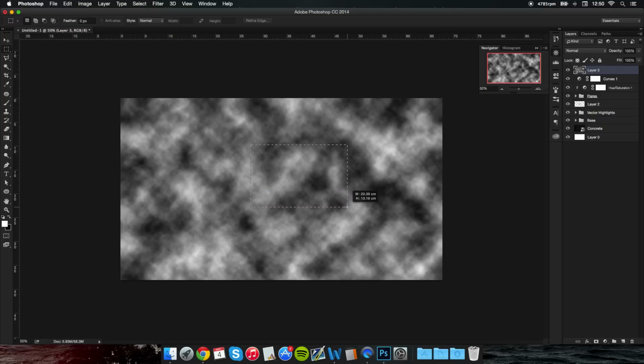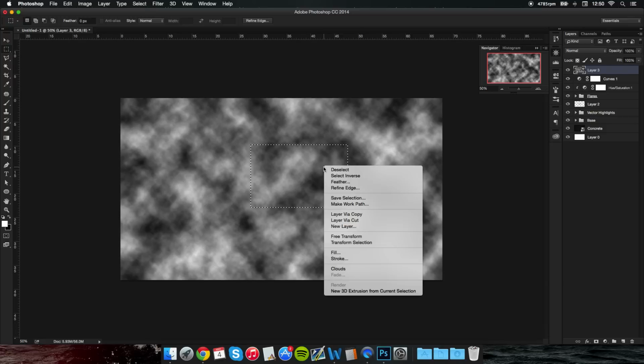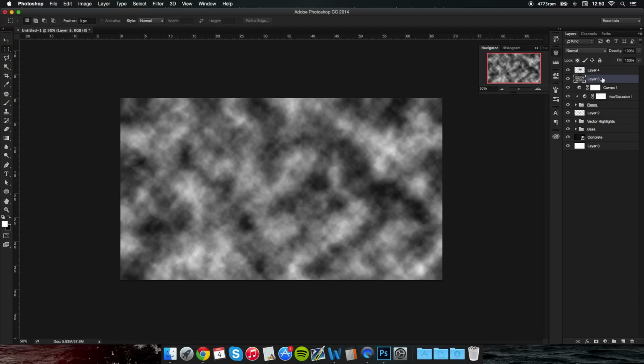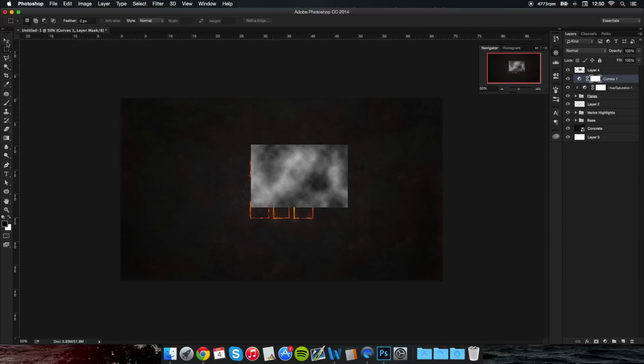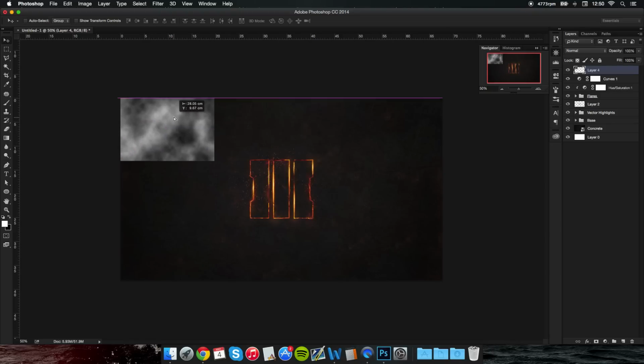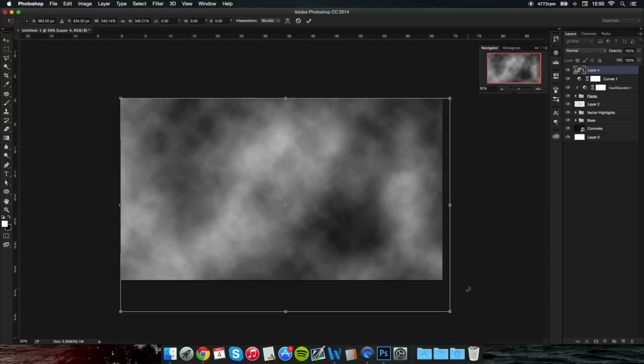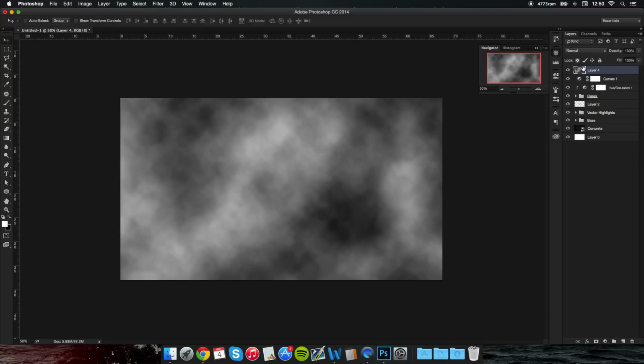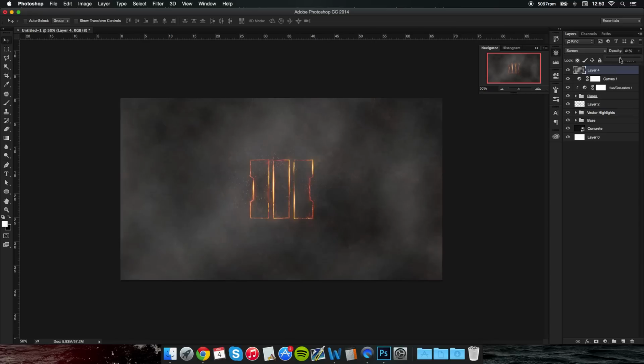So I'm just going to select it, and what I'm going to do is right click inside and make a layer copy and delete the original one. And what I can do now is select the cloud layer and resize it. So I'm just going to resize it, and I'm going to select screen. So now that I've done screen, it looks really epic, but we need to get rid of a few things. So I'm going to change the opacity down a bit,